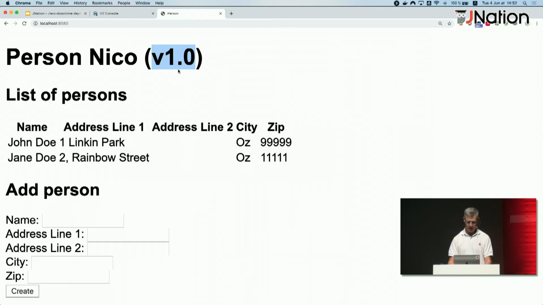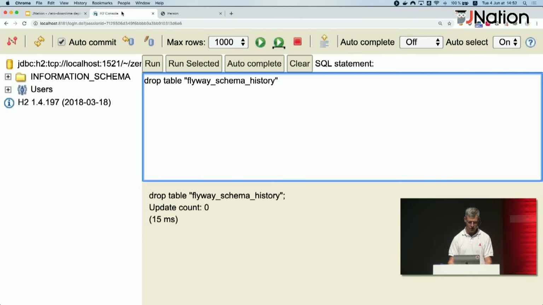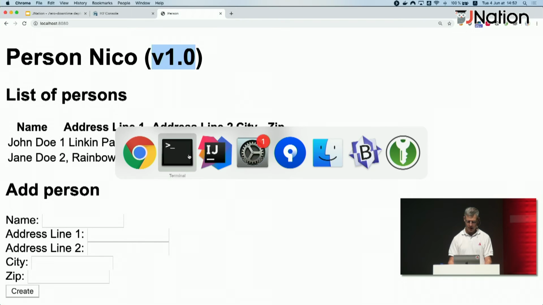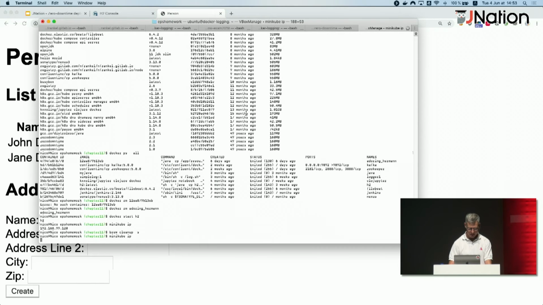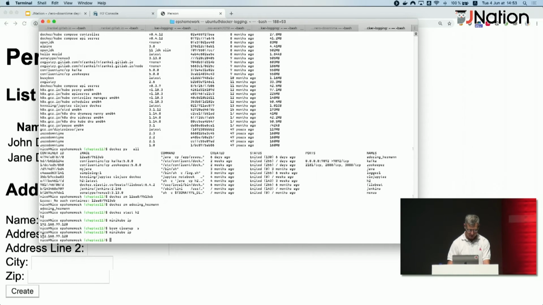So what I will check is how it works on the H2 console. I need to get access to the IP of the cluster. So normally it should be this one, and I need to get